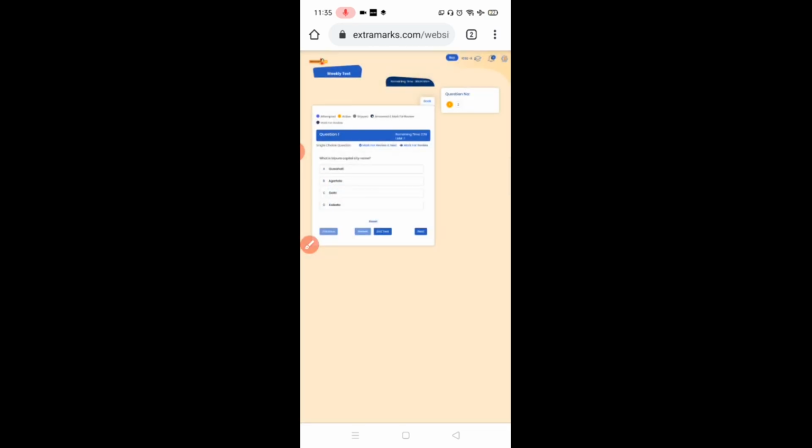As I clicked on start test, you can see the remaining time to attempt this particular question, and a timer is running for your full paper. This shows how many questions there are. There are 2 questions which I am showing you. In your case the teachers might assign you 10 questions or 20 questions. It totally depends upon the teacher.